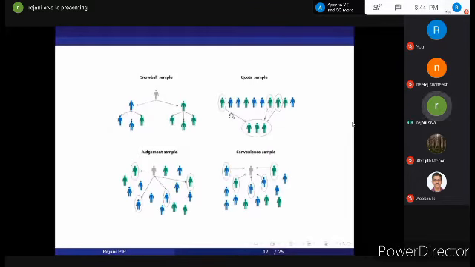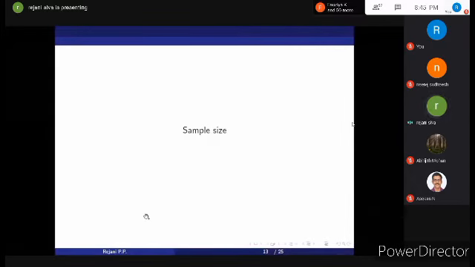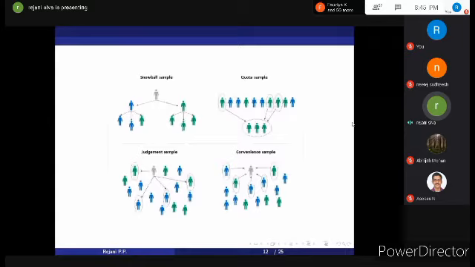Quota sampling is the non-probability version of stratified random sampling. The main difference is that in stratified sampling, the units will be selected at random, and here there is no randomness. Convenient units will be selected from different quotas. And judgment sampling, here it is evident that the sampling is done with the proper judgment on the part of the investigator. The investigator can decide who should be selected or who should not be taken for collecting data. So the bias will be much more in judgment sampling. It is not an appropriate method.